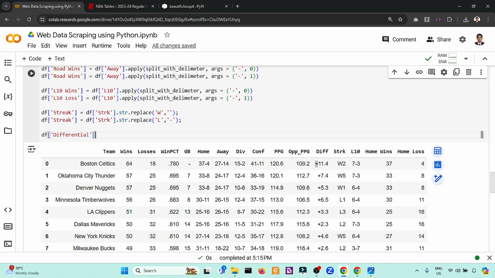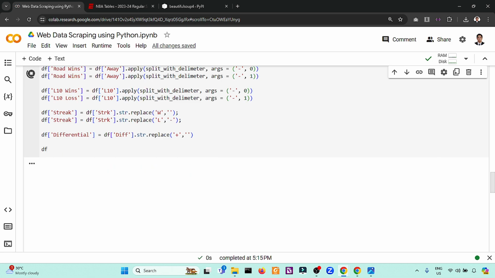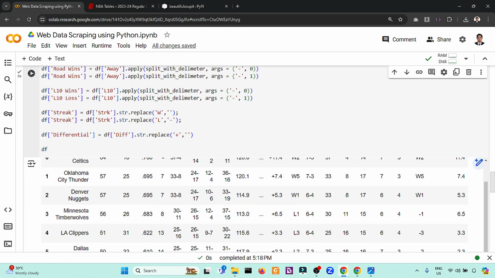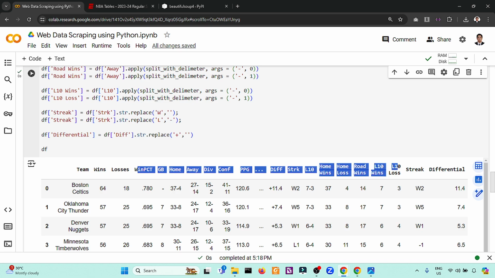So differential is equivalent to df dot str dot replace, the positive number will be replaced by none. Okay. So if we see the data frame again, we are creating columns, but we will remove the duplicate ones.